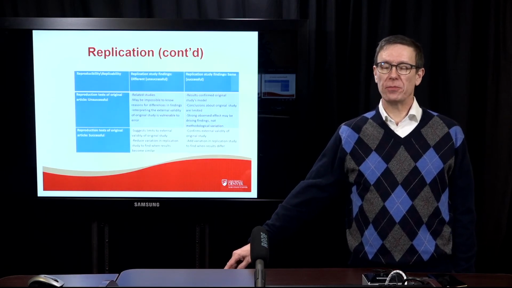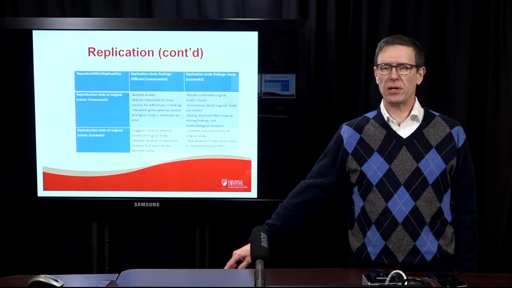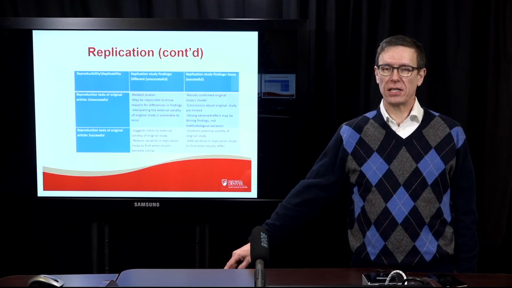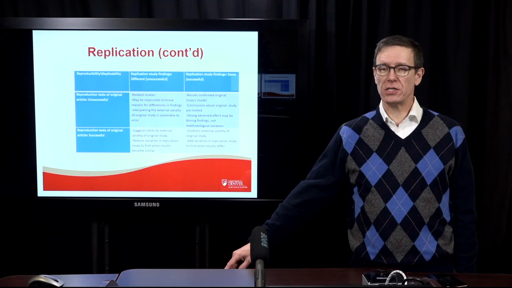Now this isn't readable, unfortunately, and I apologize for that. So I'm going to go through each cell independently in the following slides. But I just want to show you that if we go across the horizontal, we have replications, say unsuccessful, successful. If we go on the vertical, we have reproducibility tests, so unsuccessful or successful. And considering the combinations of these gives us four different ways to interpret what replication may